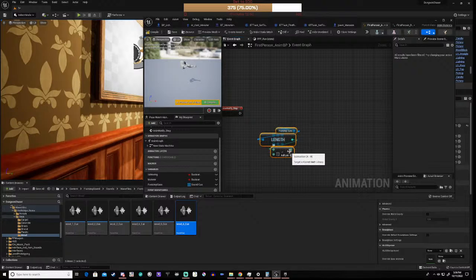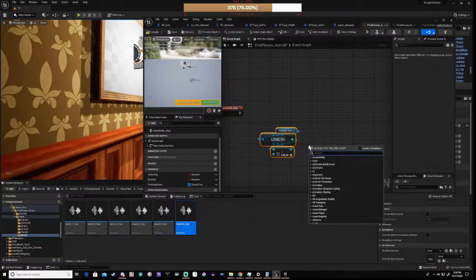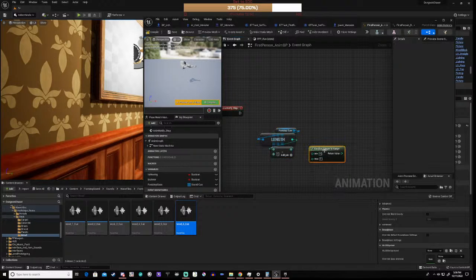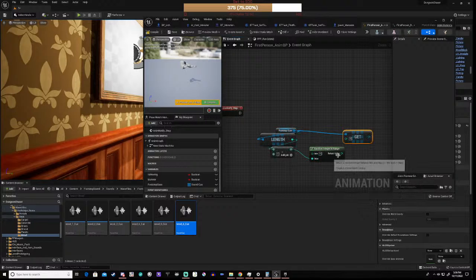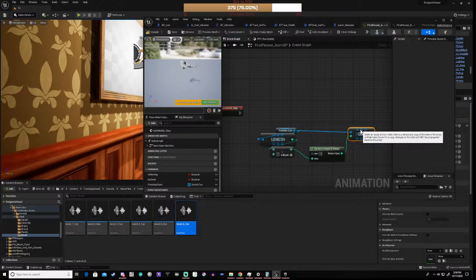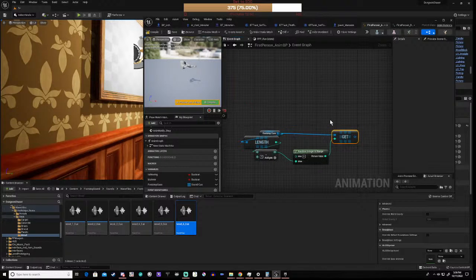And then from here, we say random integer in range, from 0 to this, and then from the footstep cues we get a copy, and the index is going to be our random footstep, which is basically a random sound, and then